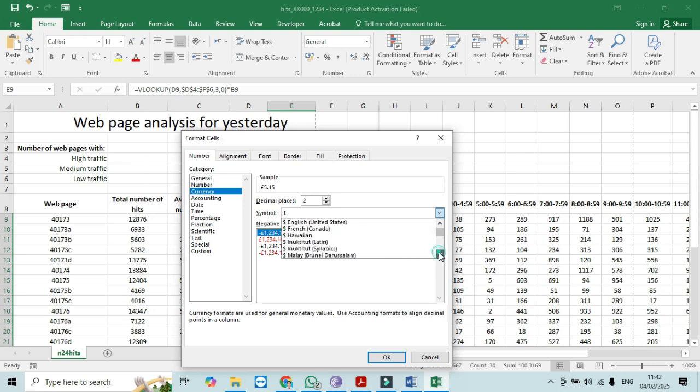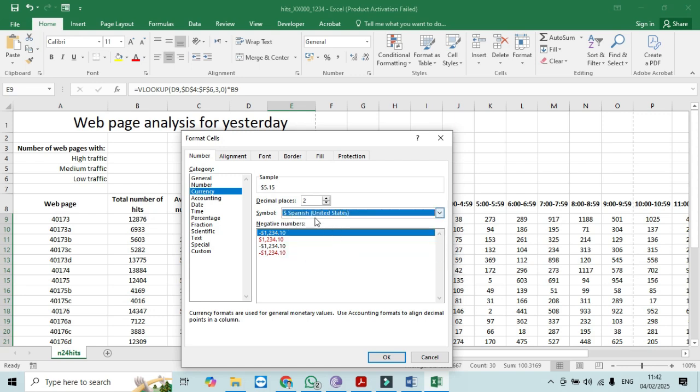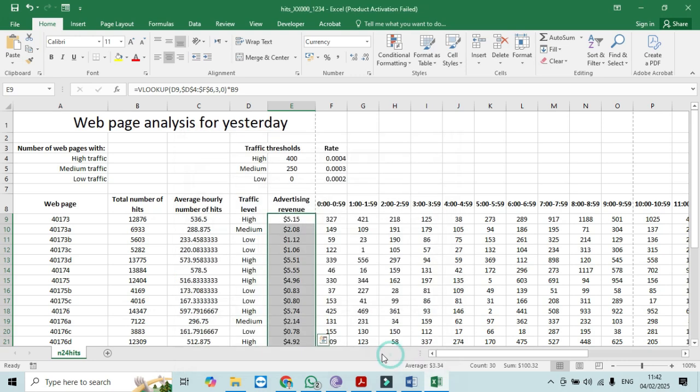We need to select this one first, into the dollars, any dollar. They did not mention which dollar, but I just selected this one with 2 decimal places. So click OK. So now it is done, and then the next step is to